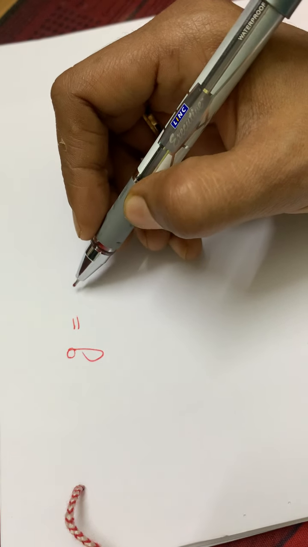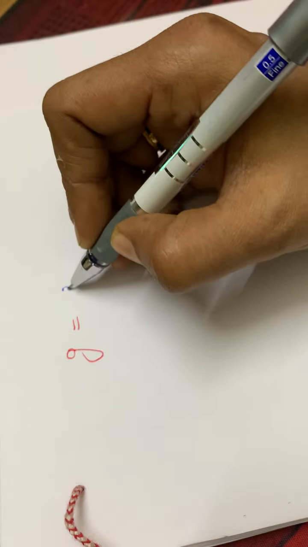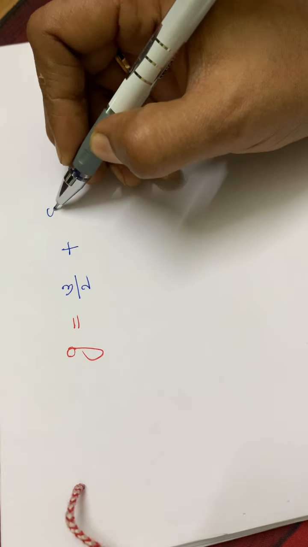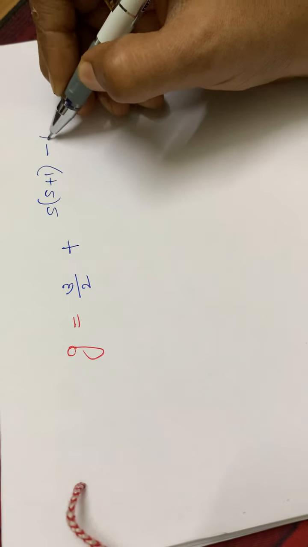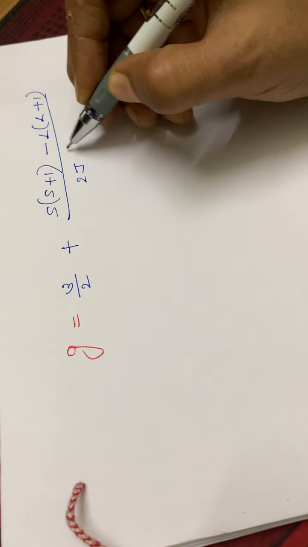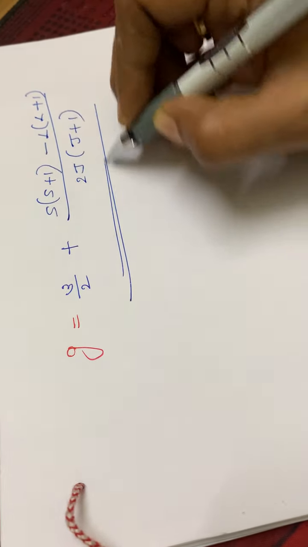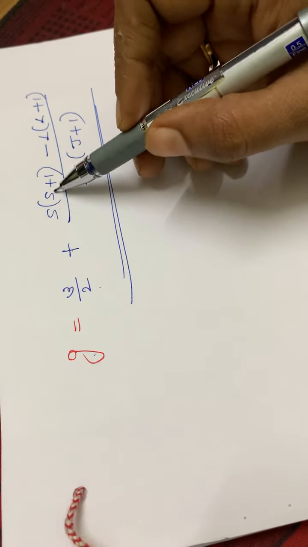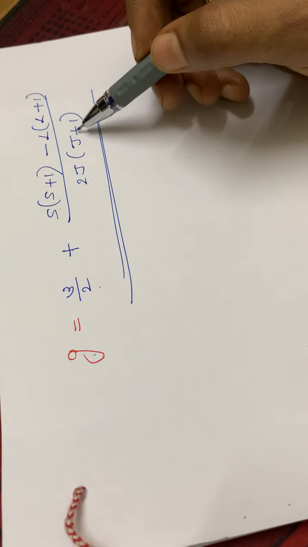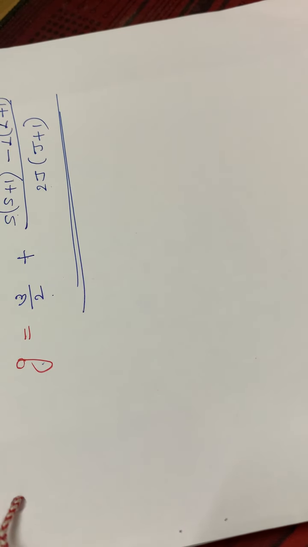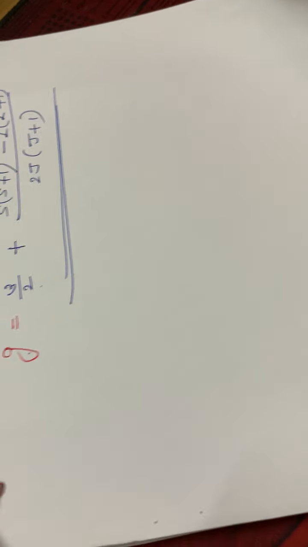Okay. So this Landé g factor g is equal to 3 by 2 plus S into S plus 1 minus L into L plus 1 divided by 2J into J plus 1. Okay. This is the formula for calculating the Landé g factor. So this is another formula. This formula also you have to remember. So if a 4-mark question is asked for the magnetic properties, you have to write all these things. Okay. This many points you have to write.